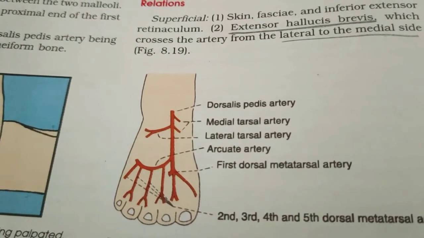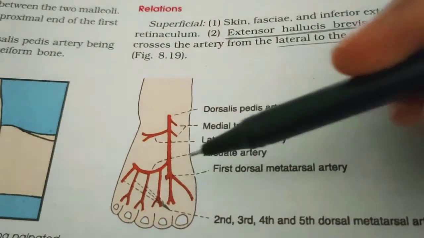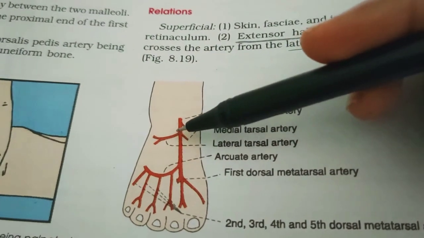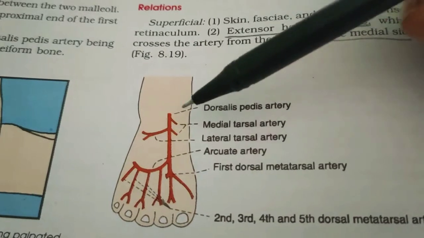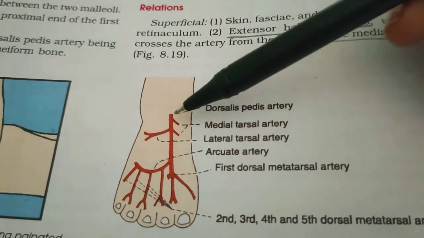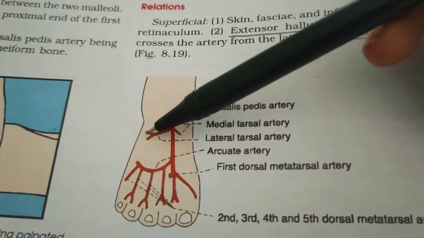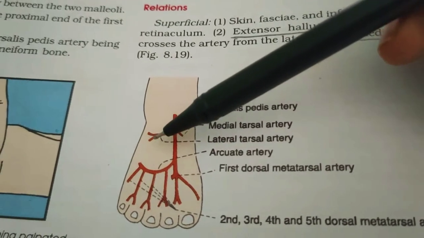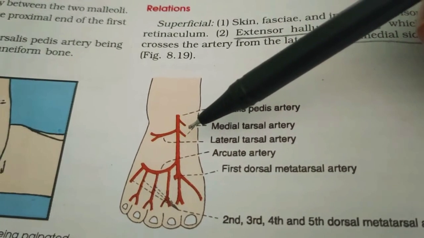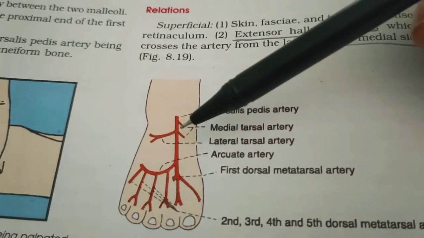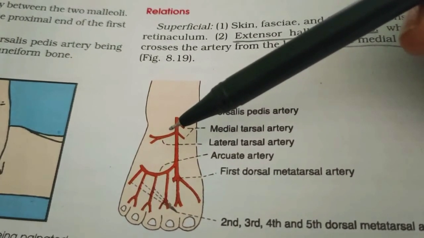So the first branch is the lateral tarsal artery. As you can see here, this is the lateral tarsal artery, right? It is larger than the medial tarsal artery. You can see first this is the dorsalis pedis artery. It is giving a medial tarsal artery and the lateral tarsal artery. But the lateral tarsal artery is larger when compared with the medial tarsal artery, and it arises over the navicular